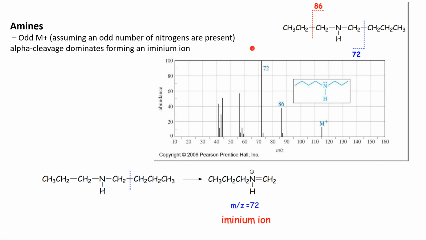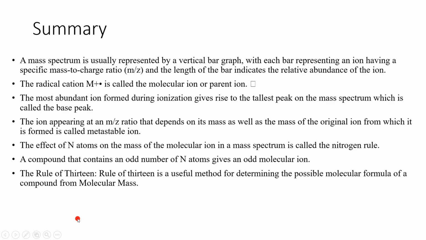Similarly, amine. So look at this, this is your secondary amine. So iminium ion, whenever this is your iminium ion, which is comparatively stable, the cleavage can take place this way. So this group can break over here, and you will get values. So this is how amines also break. So this was all about mass spectroscopy.